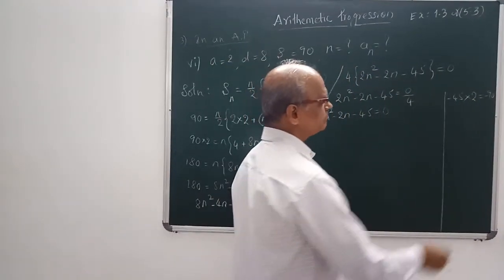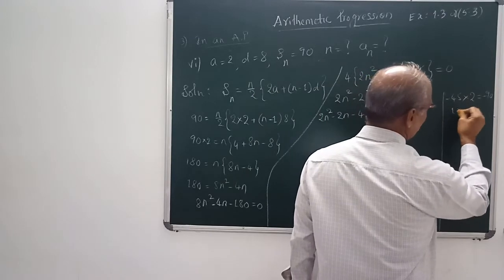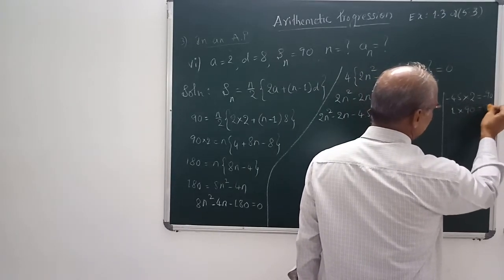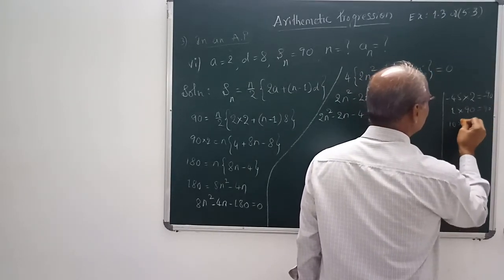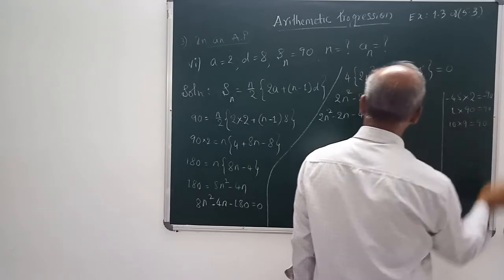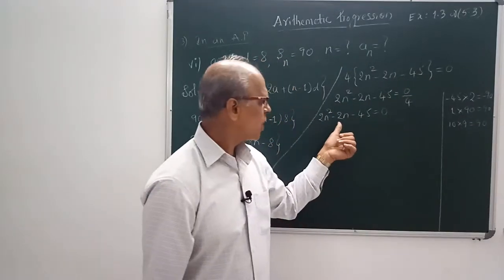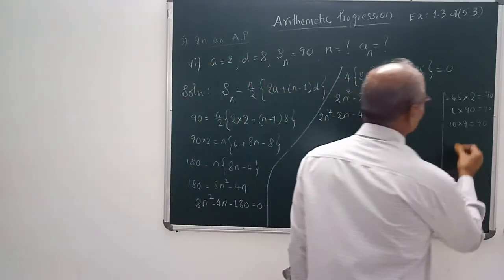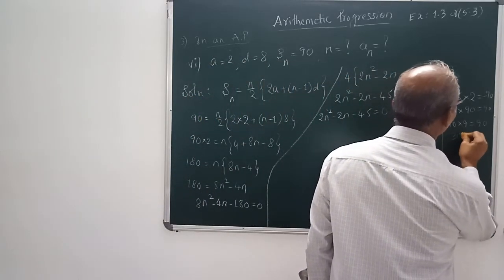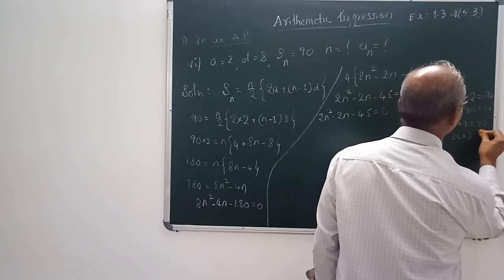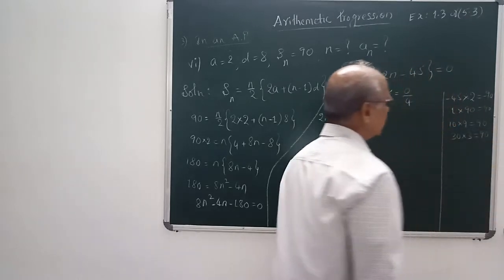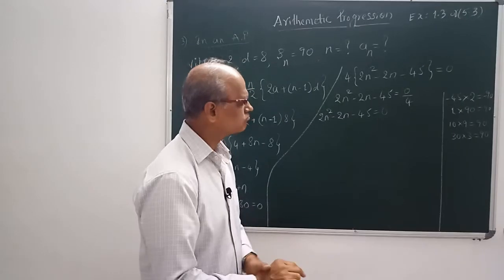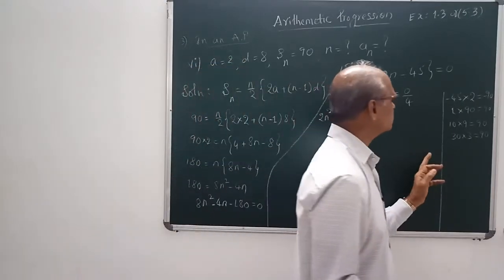What else? 1 into 90, that is another possibility. 10 into 9 is one more, right? But you have to get the middle term as 2. One more is what? 3 into 3. What next? Anything else?